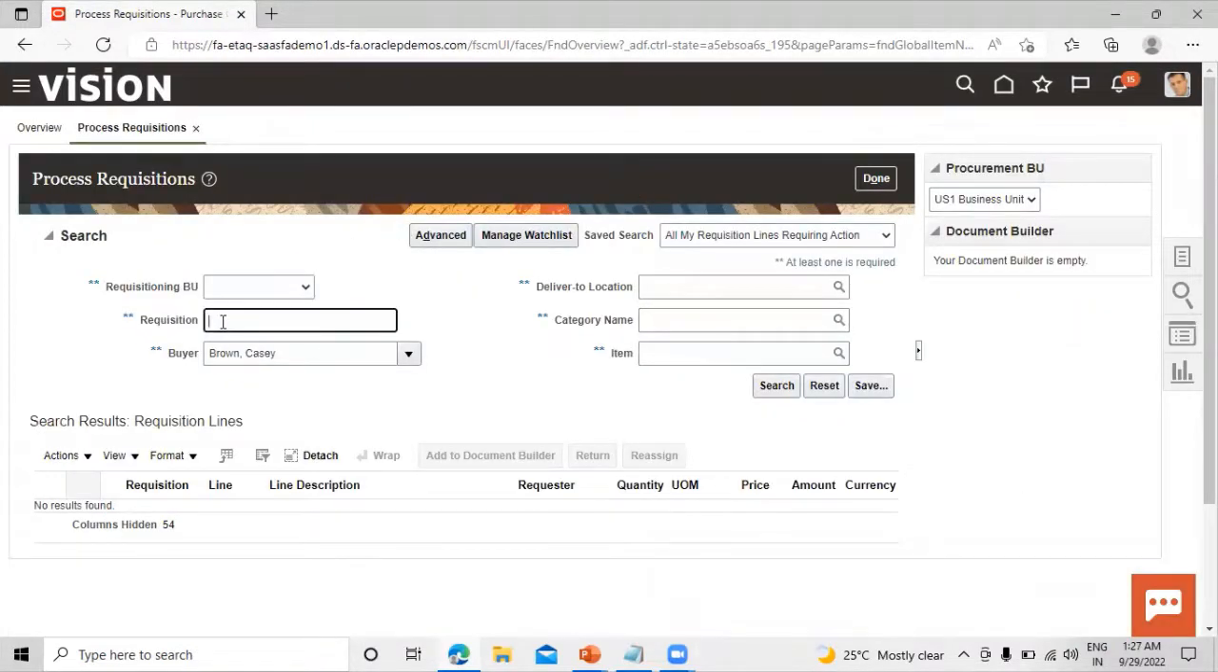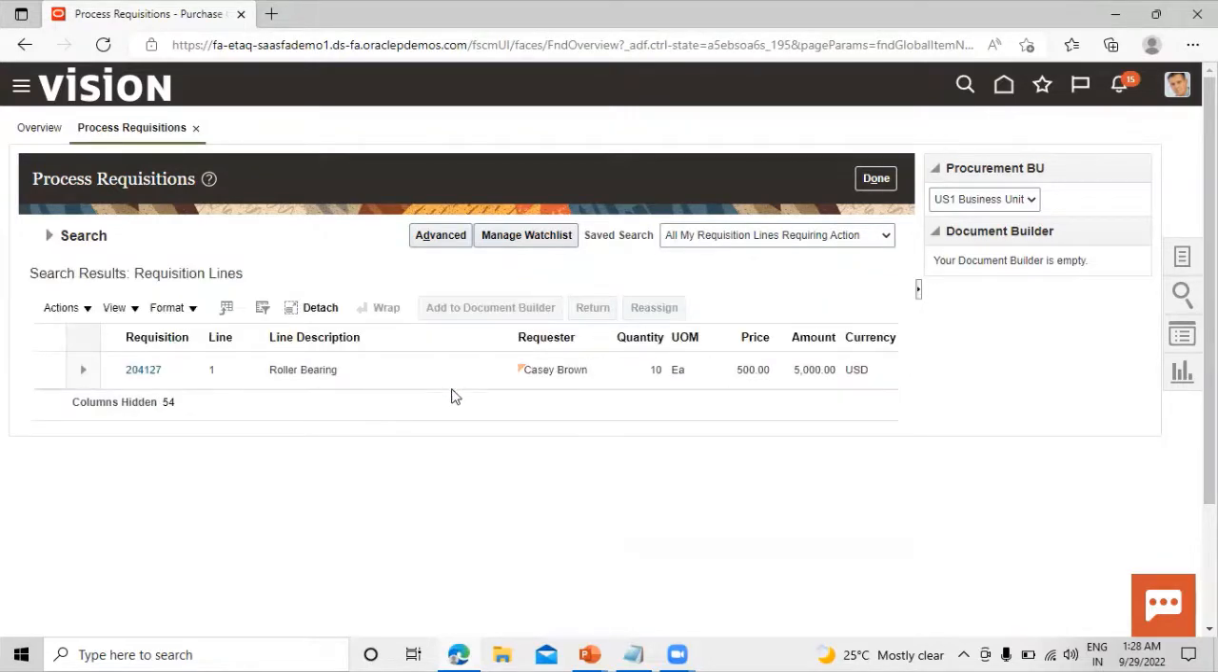And search for the requisition. Search it. Now you can see this is our requisition, right? So select this requisition line and click on this add to document builder, right? So this option converts this purchase requisition into the purchase order, right? So click on that